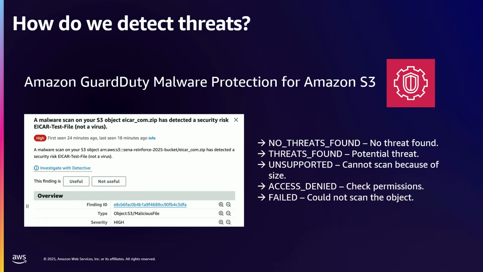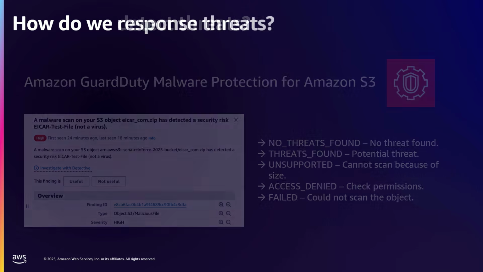And if you have failed scans for your new objects, you get the failed state. So it's really good, and as you can see, you get lots of different data for the finding in Amazon GuardDuty, which is a really cool feature for S3 buckets with user uploads.